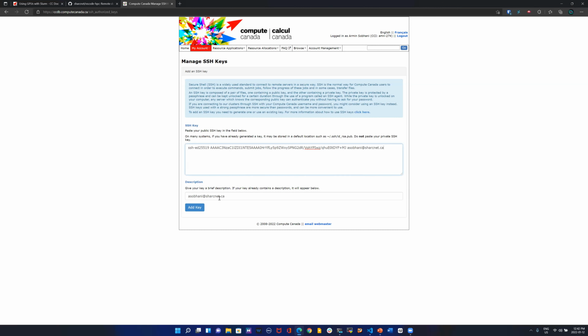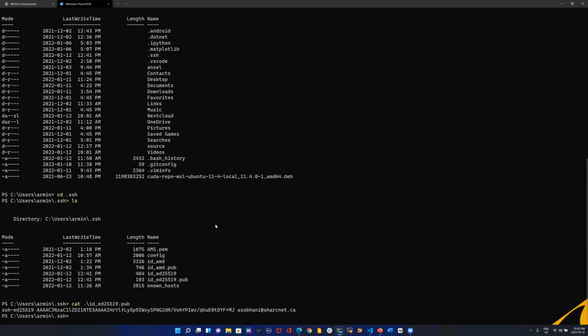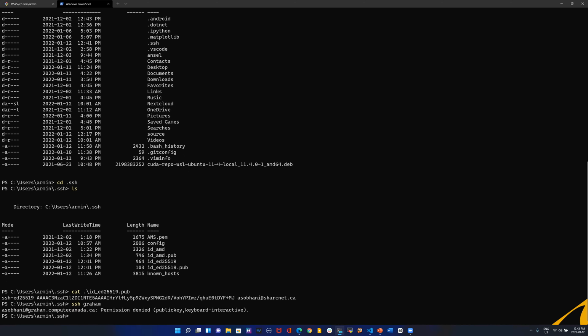By default, it puts the email here. The good thing about putting your email here is that you can always be sure that it's a public key. If it is a private key, then you don't have this email at the end. And then I add the key. Once I do that, I can SSH to Graham. I just put Graham because we put Graham there. If I do that,